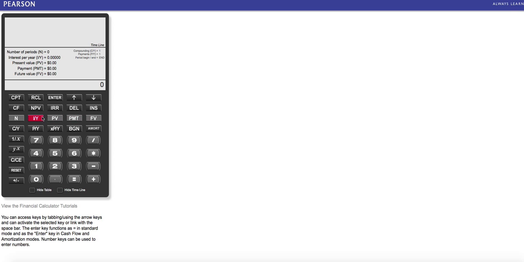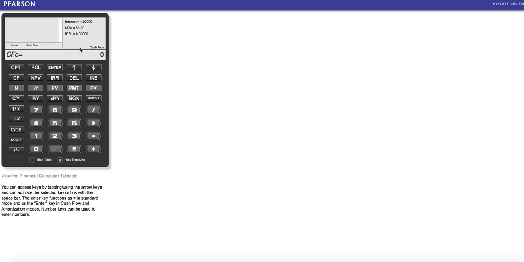So in order to get started, what I prefer to do is enter the interest rate right away by just simply clicking on whatever the rate is. Let's say it's 4. Add it to the I/Y screen, just like you would in the regular 5-key approach. You'll see it brings it up top here. But if you then click on the cash flow register button, it's going to carry it up into your actual cash flow register screen. So now we're actually in the cash flow register, and it's carried that interest rate up here as well. Now you should be able to change the rate up here if you needed to, but